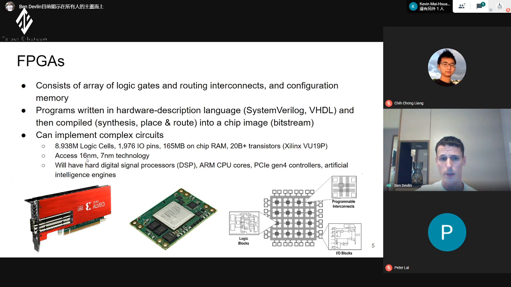Traditionally, they've been a lot smaller, but you'll see recently FPGAs are getting really large, so they can implement huge logic. So now we have 9 million logic cells, thousands of IOs, hundreds of megabytes of on-chip RAM, billions of transistors. The other advantage of going to an FPGA is that you get access to very advanced technology without having to pay a lot of capital. If you wanted to make an ASIC in this technology, it's going to cost millions of dollars, but you can also use an FPGA, which is already 16 nanometer, the latest generation. 7 nanometer is coming out now as well. And so this, for dollars per hour.